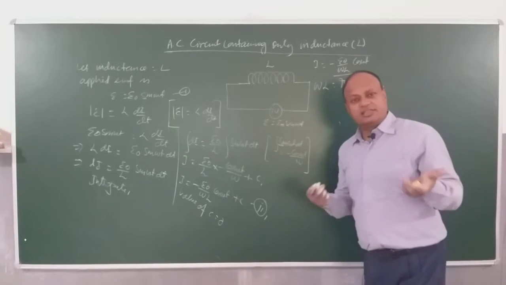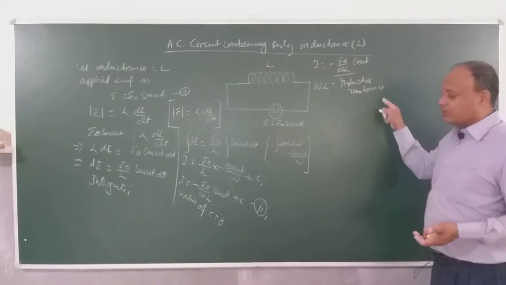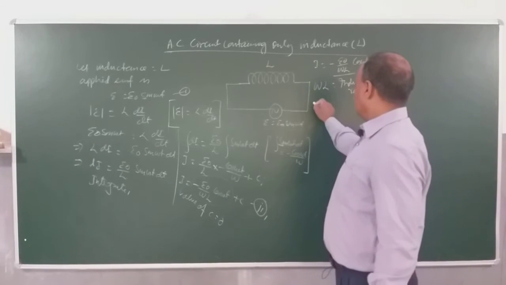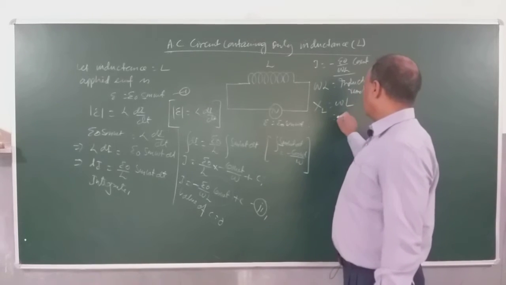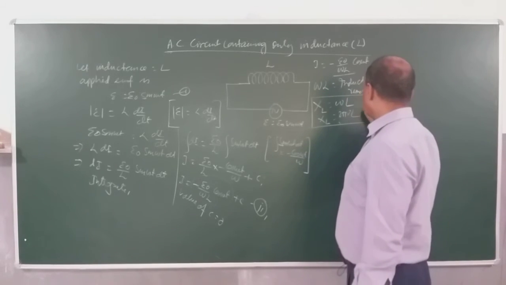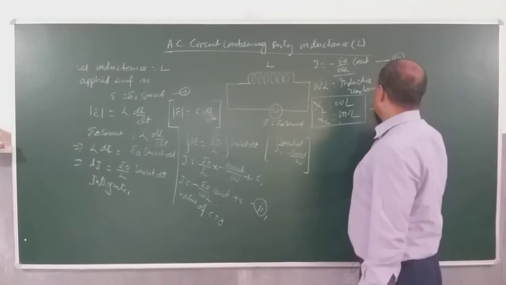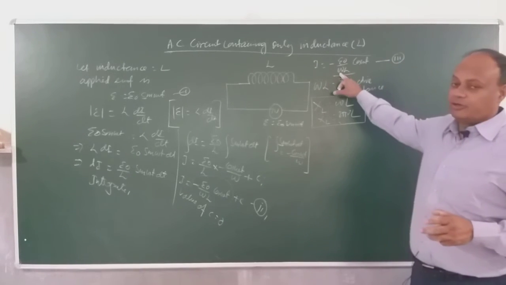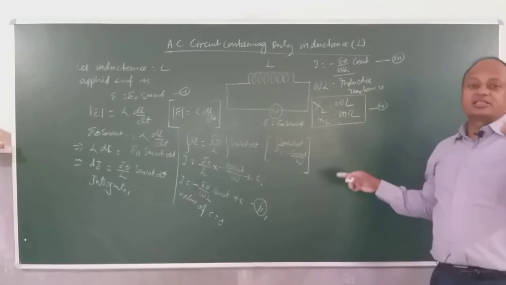We need to stabilize the current. For stabilizing the current, we need a resistance, and you can see the circuit has developed its own resistance, that is omega into L, called what? Inductive reactance. We don't use the word resistance, we use the word reactance. It is denoted by XL, subscript, omega into L, and omega you know is 2 pi nu. When frequency is given, then this is XL. So this is result 3, this is result 4. So you came across a new term: the inductor will develop its own resistance, having value omega into L, denoted by XL. It is not X into L, it is XL subscript.